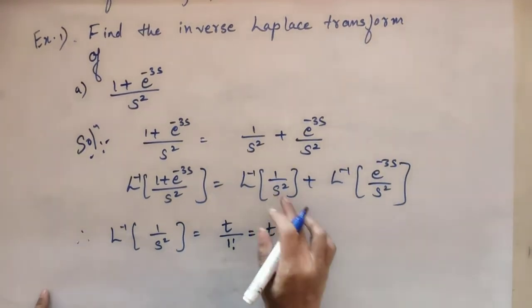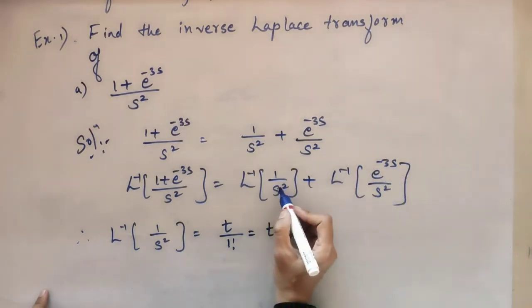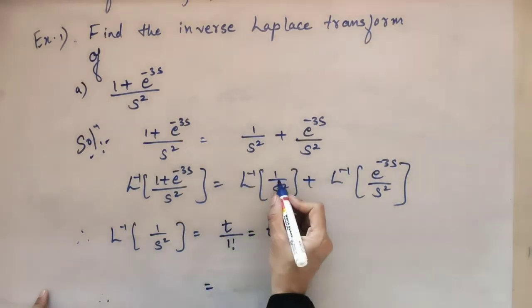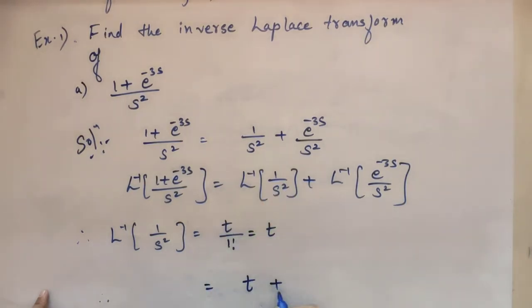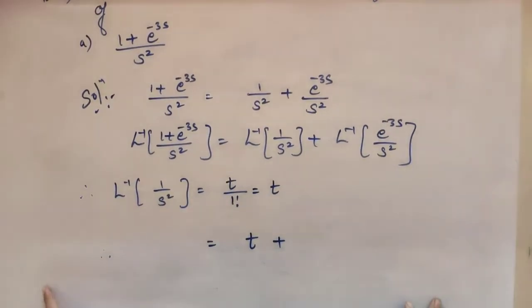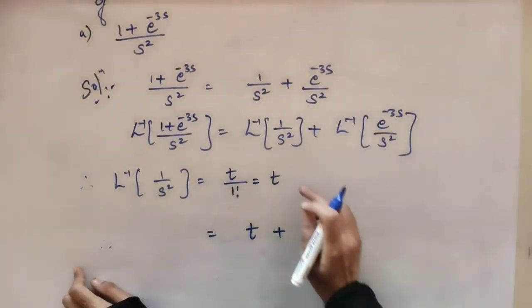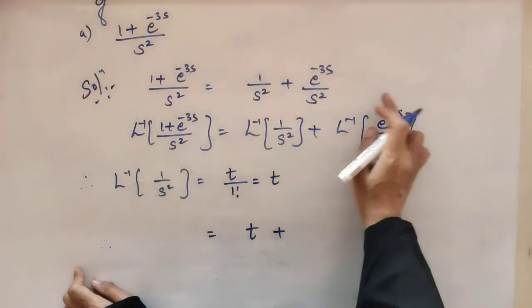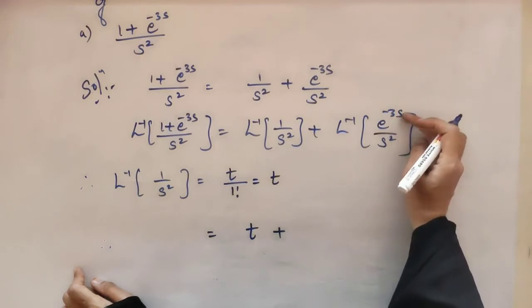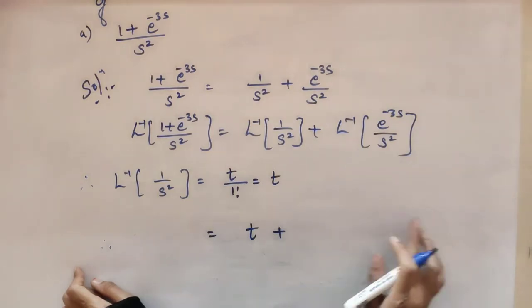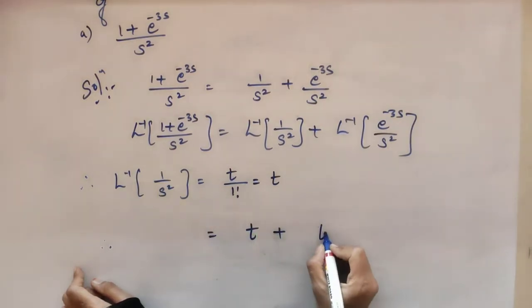And the same thing we will do here. First we write the inverse Laplace transform of this. This complete thing will be equal to L inverse of 1 by s square, which is t, plus. Now to solve for this, you have to refer to this property, which I had written already in the previous case. First, L inverse of 1 divided by s square, you write over here. Now to write the solution for this, you just remove this e to the power minus 3s from here. You will get 1 divided by s square. So what is L inverse of 1 divided by s square? You all know it is t. So write t.